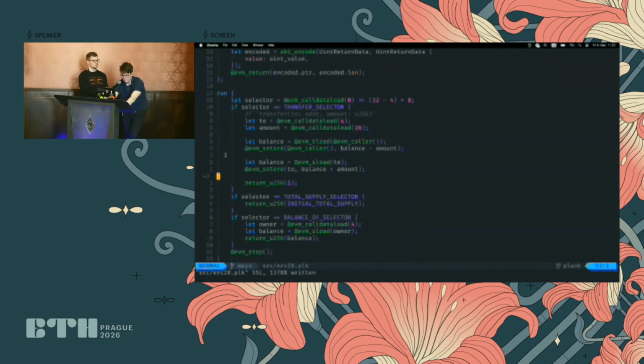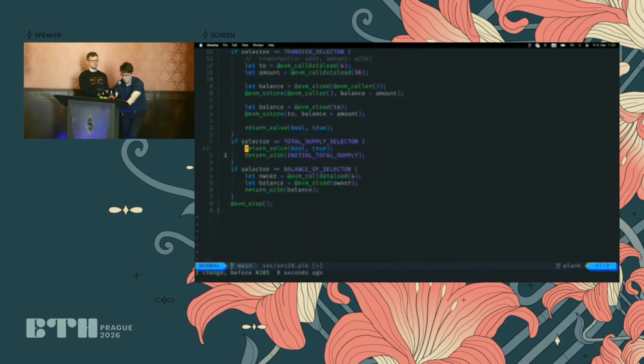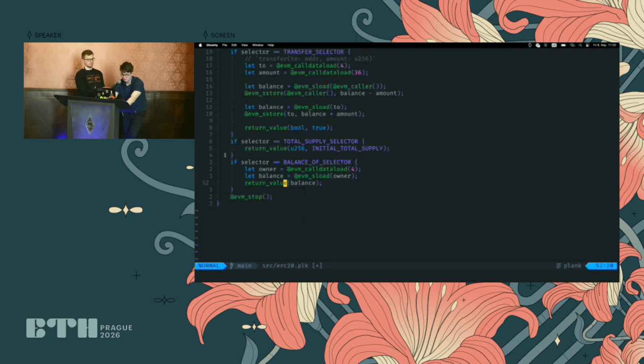So now, this works both with U256, and here we want actually the Boolean, true, and it works with U256 as well. So let's put it here. So that would be your first generic function. And U256 here as well.